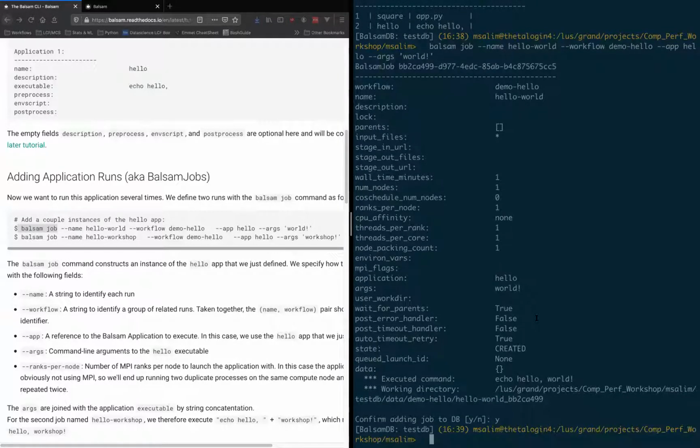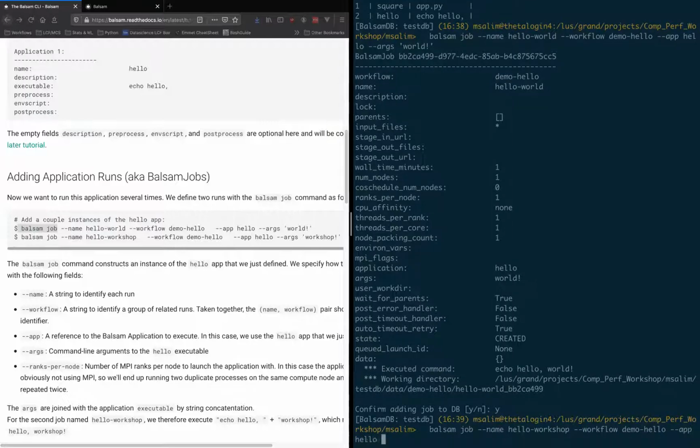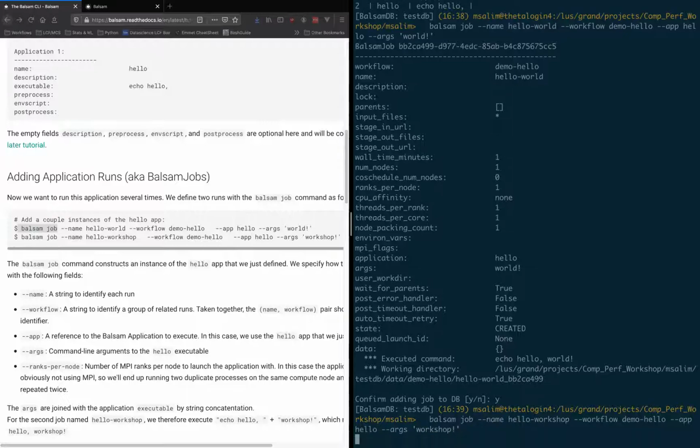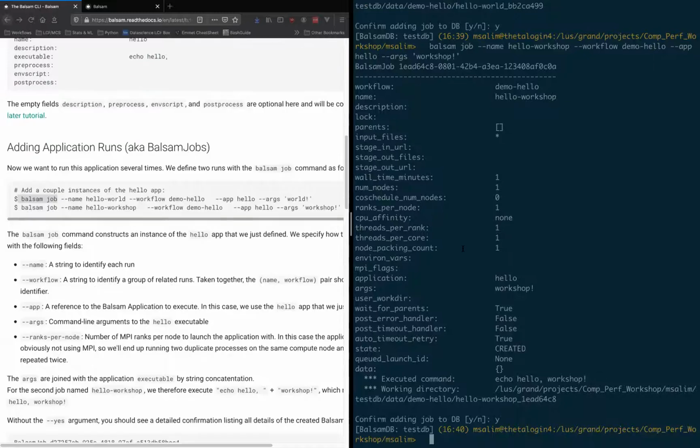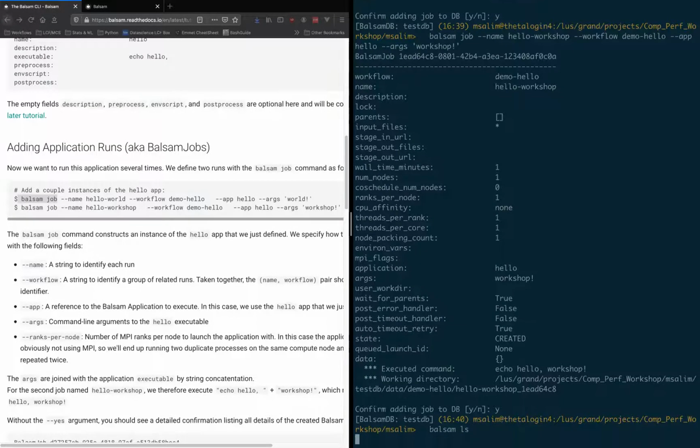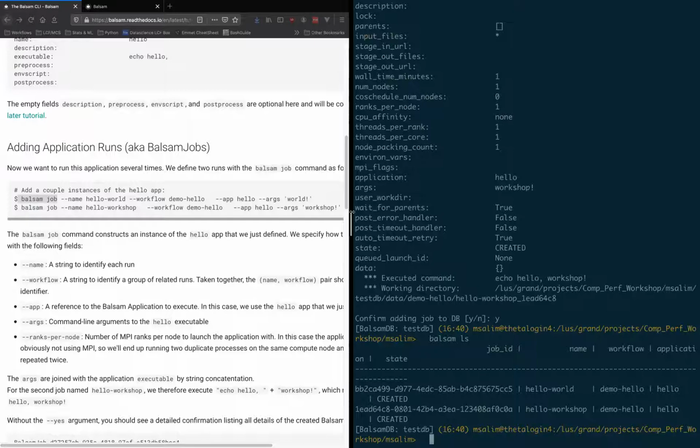I can do this one more time with another job. Let's say in this case I want to say hello workshop. So I'll give it a different name, but the same workflow. And we're going to run this hello application. And then the args now will say workshop instead. So again, I confirm. And if I now run balsam ls, which is shorthand for balsam ls jobs,